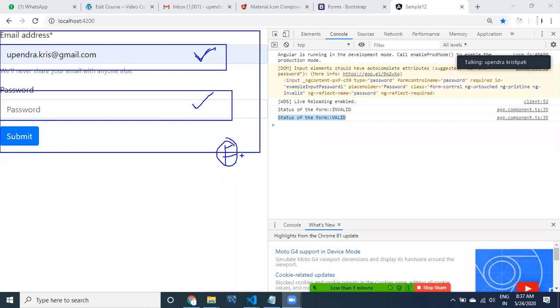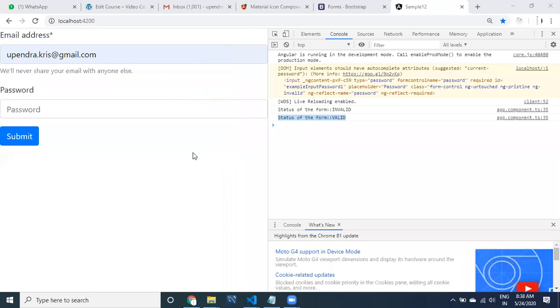So for the form to be valid, all the controls inside the form should be valid. Click on this, see here: invalid. Why? Because this particular password is not valid. Even though the email is valid, the password is not, so the form is invalid.